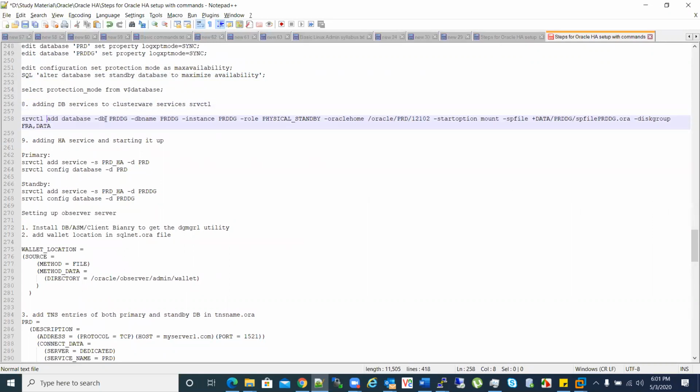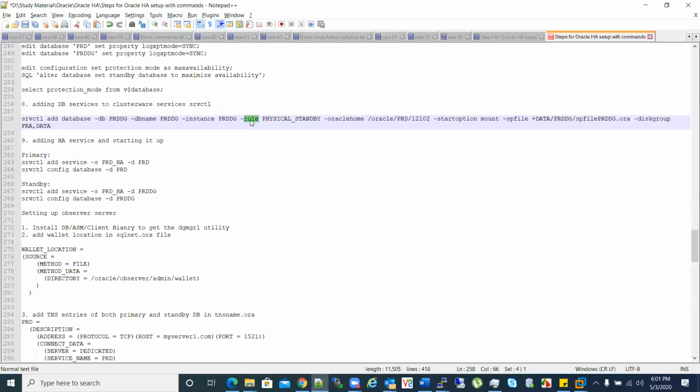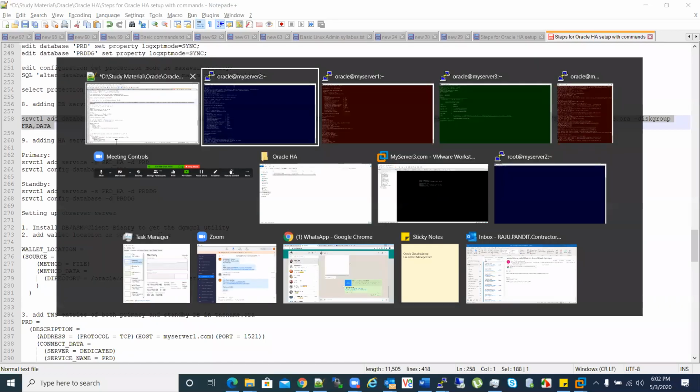It says SRVCTL add database with the DB name as PRDDG, and instance name as PRDDG. Role is physical standby, Oracle home, and startup option should be mount because we are maintaining it as physical standby, so it should go to mount mode. Then SP file location and the disk groups. Copy this, come here and paste it here.